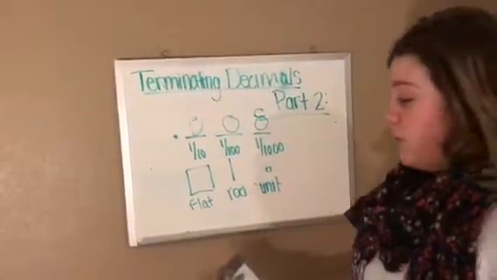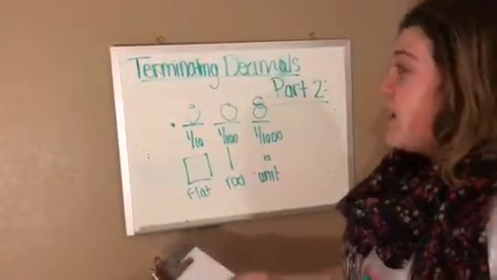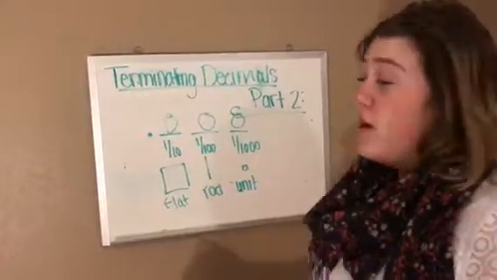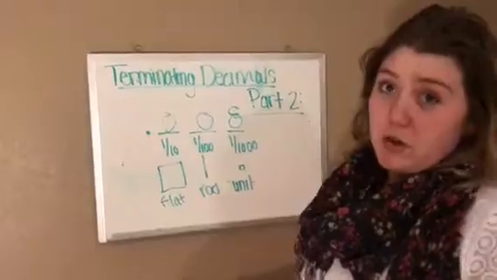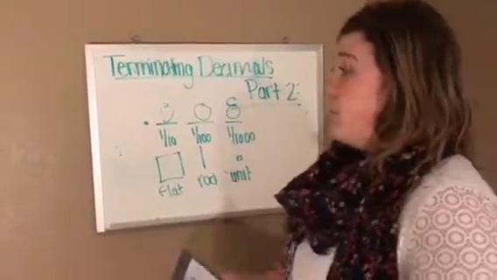Okay, so as we teach our kids about terminating decimals, we need to also think about what standards we're going to be covering when we are talking about these terminating decimals. And especially when we talk about Theorem 7.1, with prime factorization of the denominator determining if a fraction will terminate,